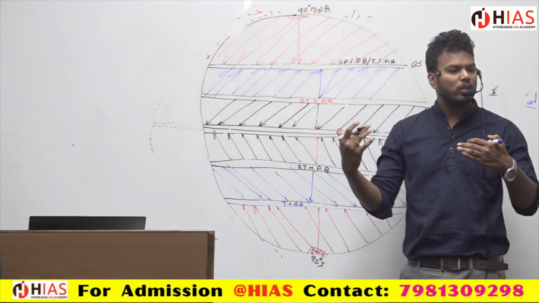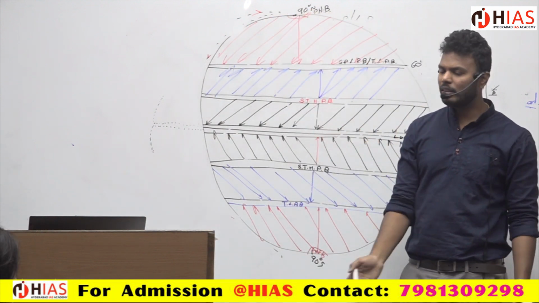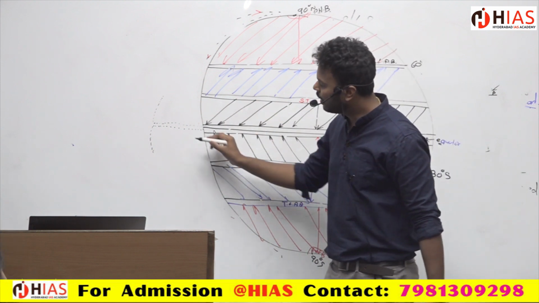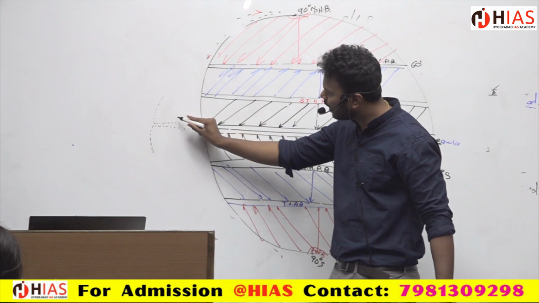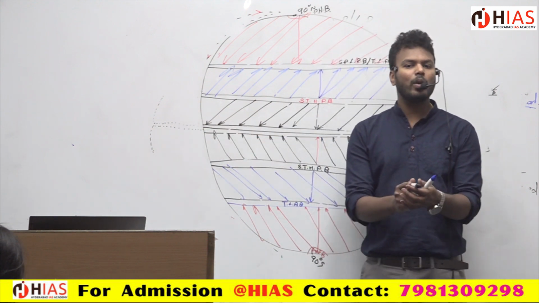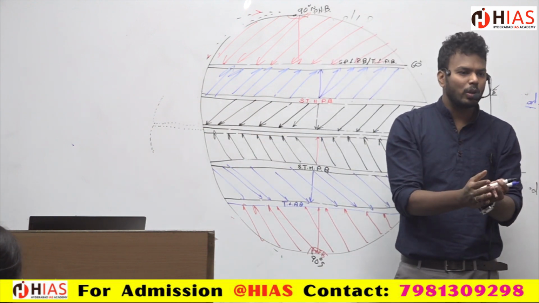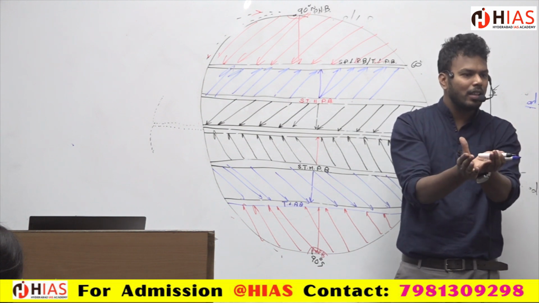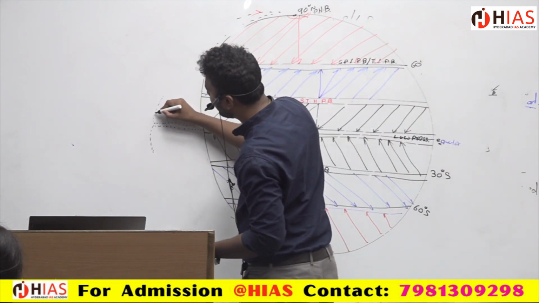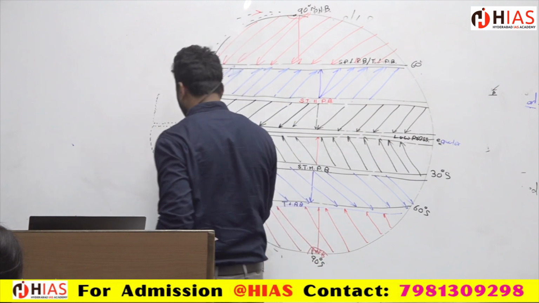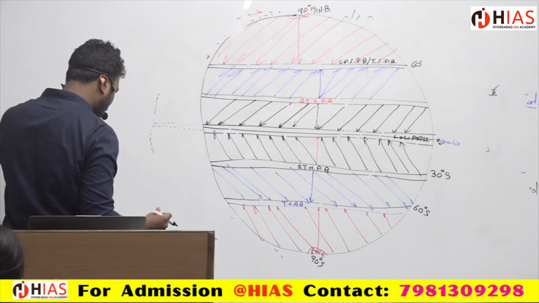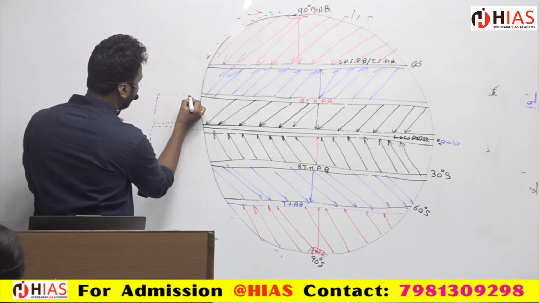But what happens because of the Coriolis force? It is deflected. You can imagine it can deflect at the same moment and directly come down. But as I told you, it requires energy. So it is gathering the energy. That is why, until it gets the energy to come down, it is traveling in this direction. So again, it is coming down.